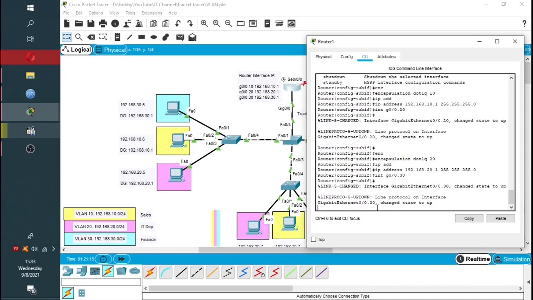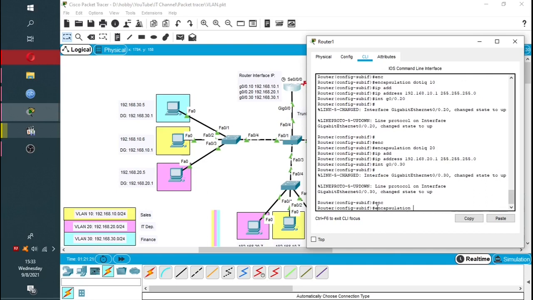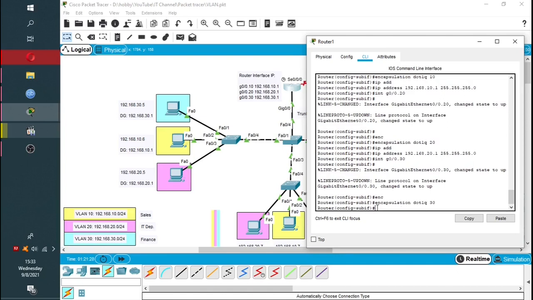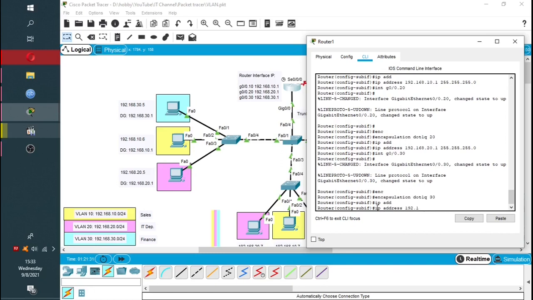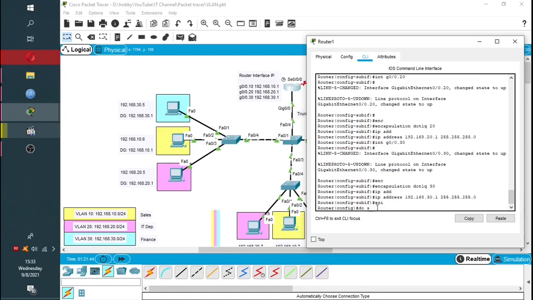Same thing with interface G0/0.30 for the 30th, for the other VLAN, and encapsulation .1q 30, IP address 192.168.30.1, 255.255.255.0. There we go. So we can just go back, exit, do show run,